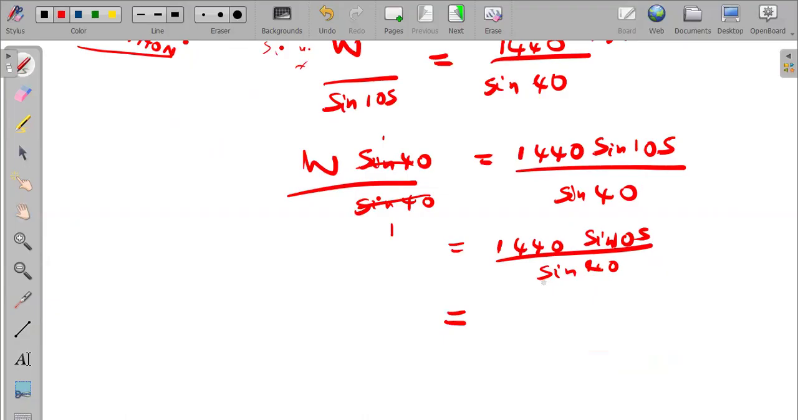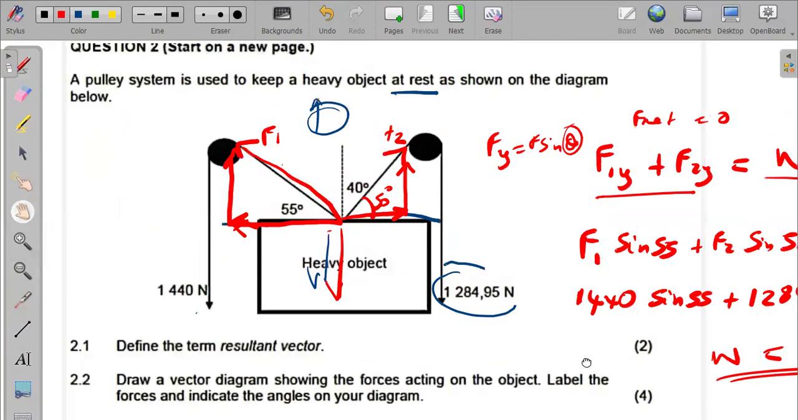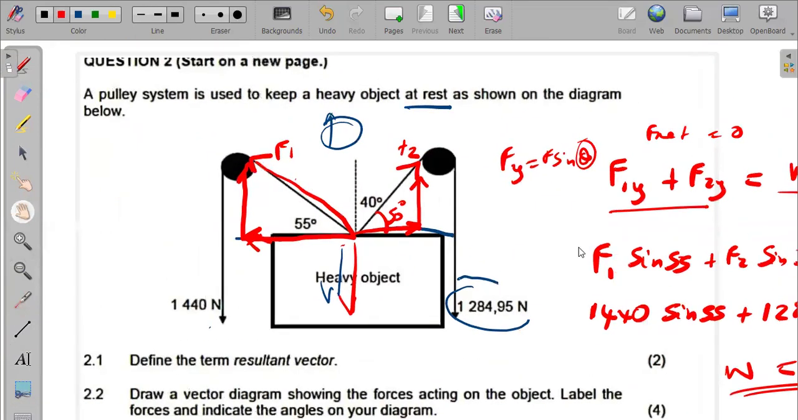So here we are. We can punch this on the calculator. We will still get 2,163.91 Newton. So there are many ways of killing a cat. We can still arrive at the answer in many ways. We can still arrive at calculating that weight. Okay. So this marks